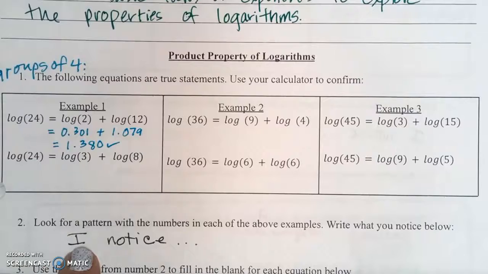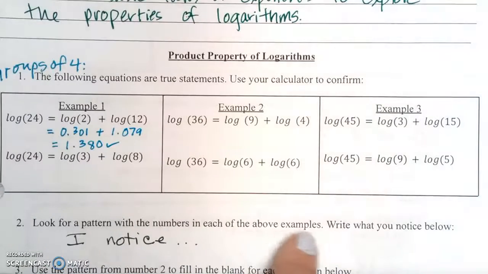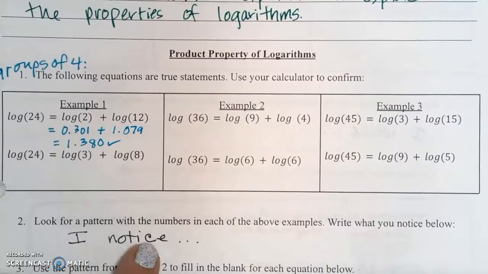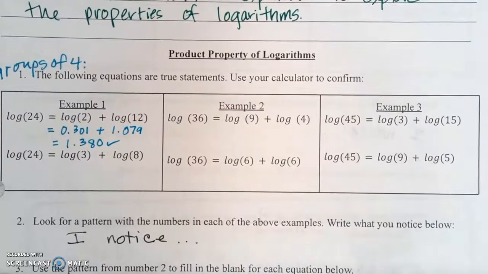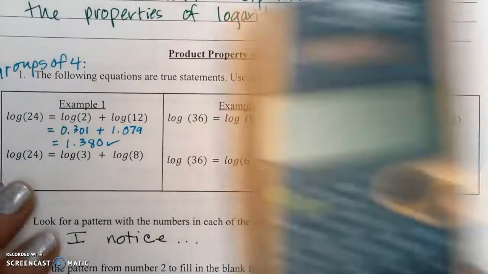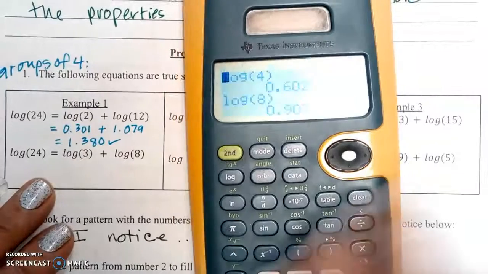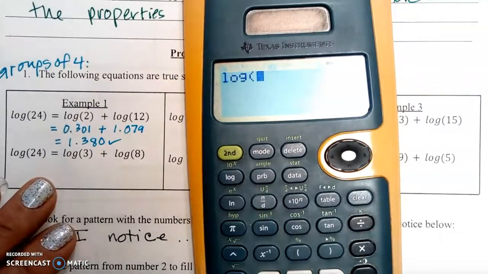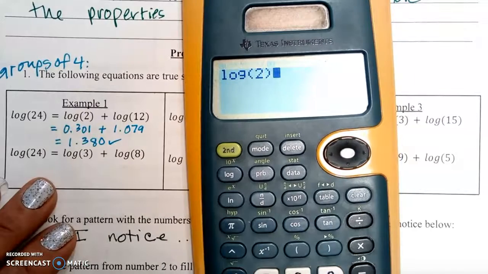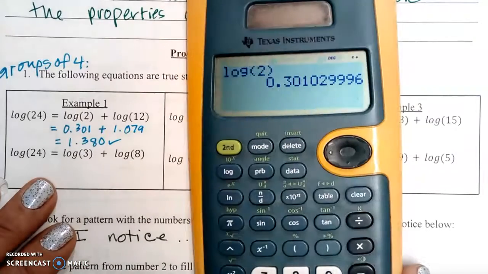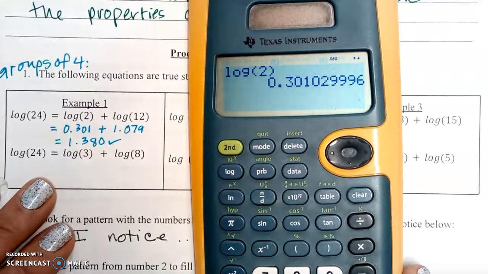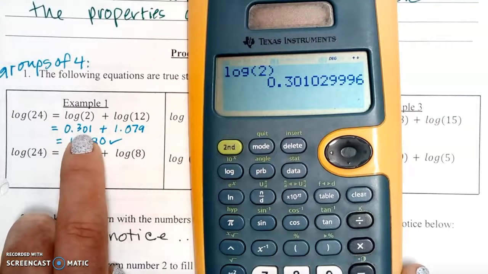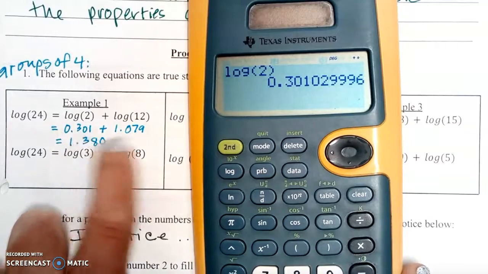It says, look for a pattern with the numbers in each of the above examples. Write what you notice. So you're going to start with I notice, and then you're going to see something that's happening. Okay? But I'm going to show you how to do this on your calculator. So basically, if you take the log of 2, so you're going to hit the log button, type in the log of 2, it's going to give you this decimal. I just wrote down to 3 decimal places. So I wrote 0.301. And then I typed in the log of 12